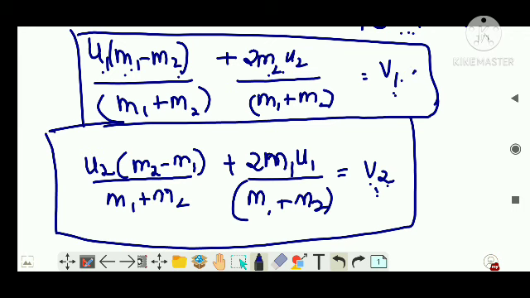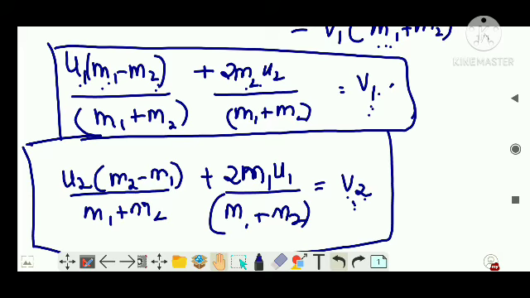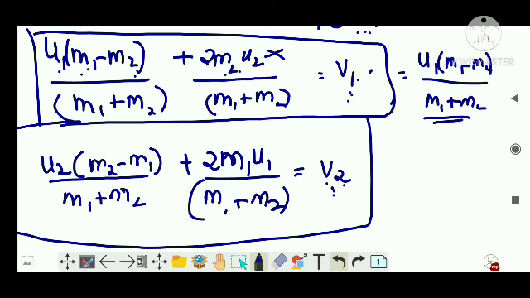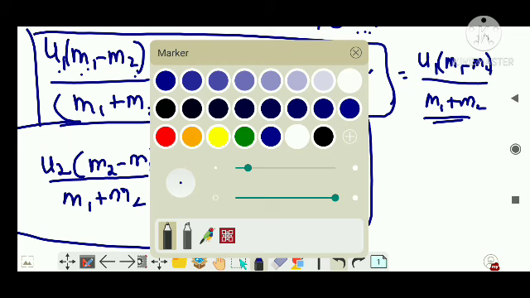You can learn it by heart in any way, but it's better to have tricks for remembering the equation. So you got two equations. Let's see if you can get the same equation you learned when I was teaching the derivation of V1 and V2. We assume that the second mass is at rest, so this term becomes 0 and goes off. That's why you wrote V1's equation as U1 into M1 minus M2 divided by M1 plus M2. This is what you derived in the NCERT textbook syllabus.